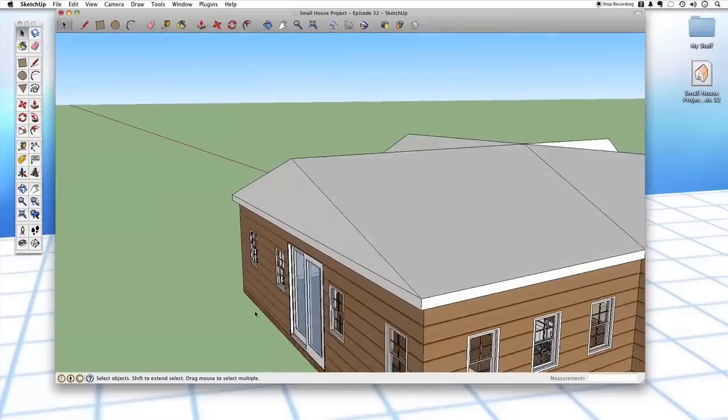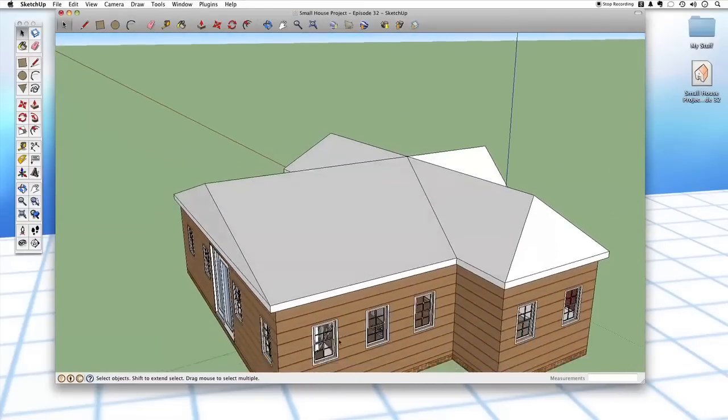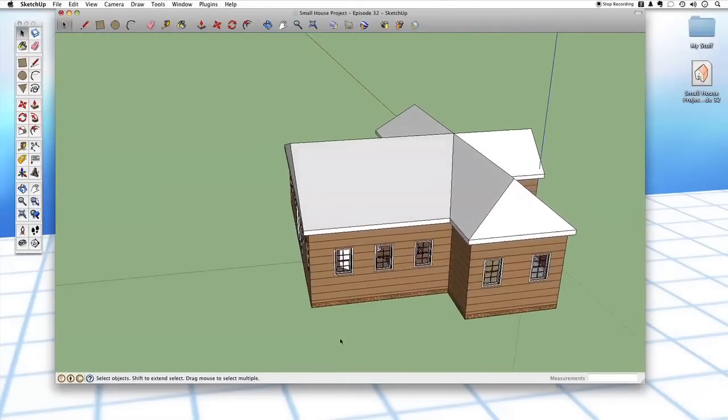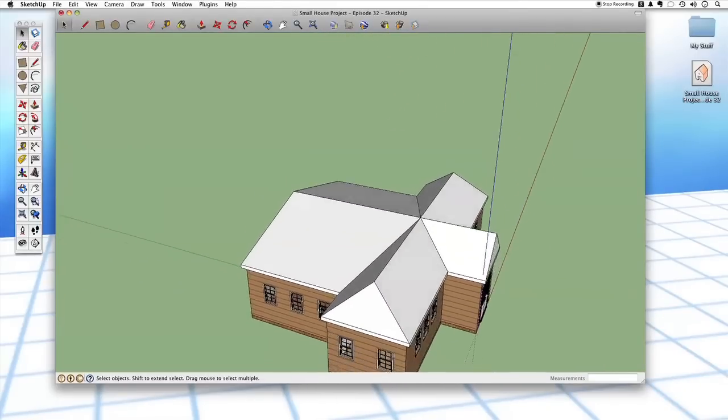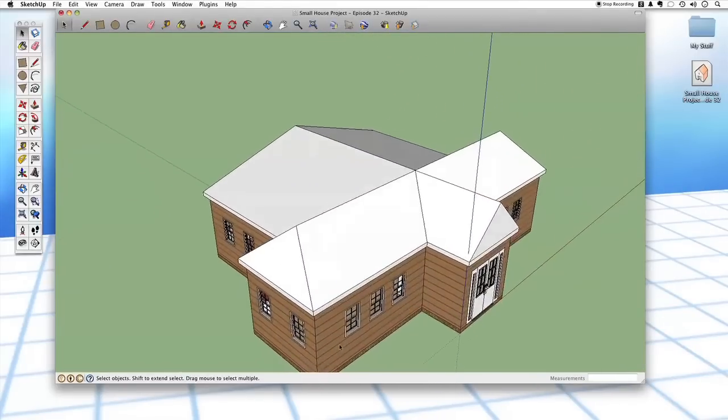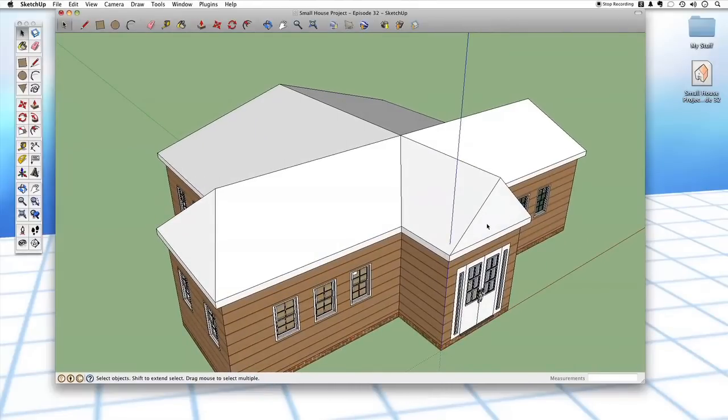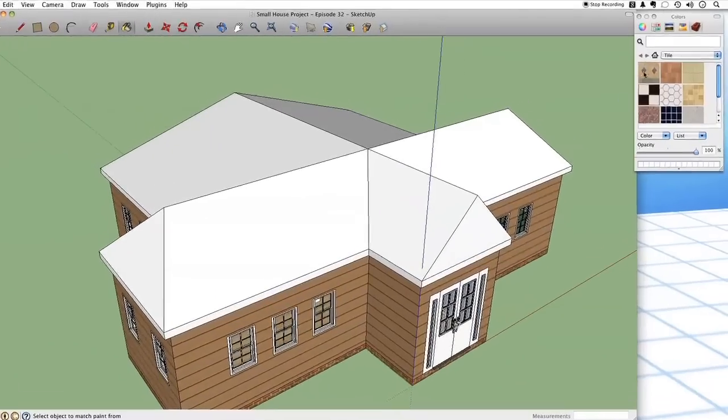There we go. So now we've got our roof. That looks very nice, but of course it's white. And the final touch is to add some texture to this. And in fact, if I switch to the bucket tool, B key for the bucket tool, and I pull up